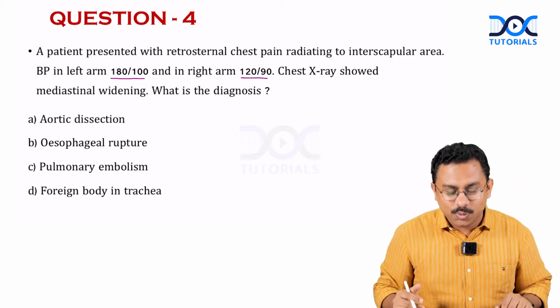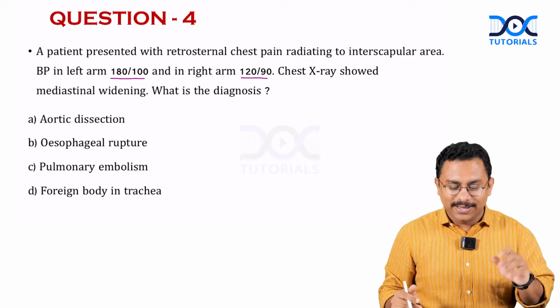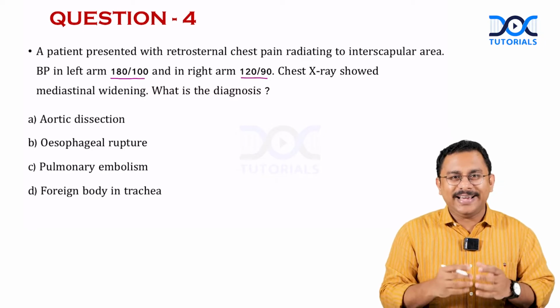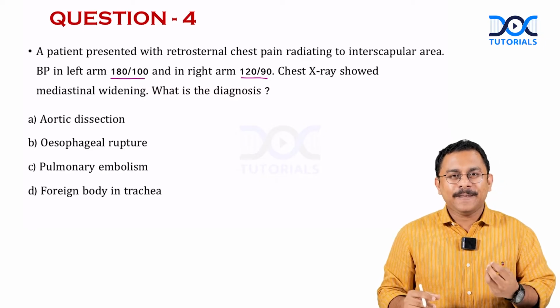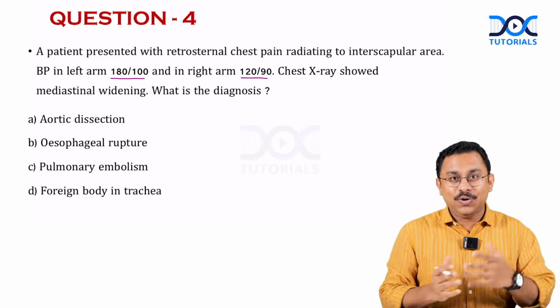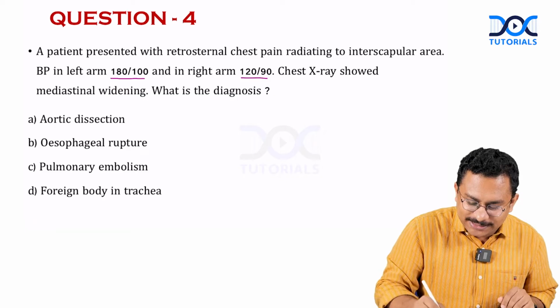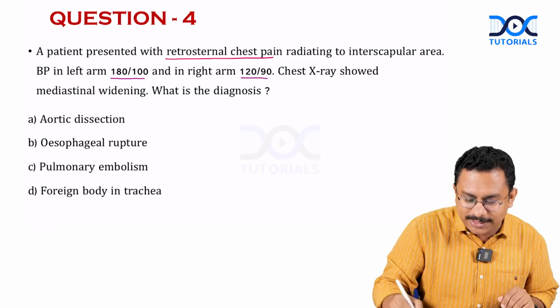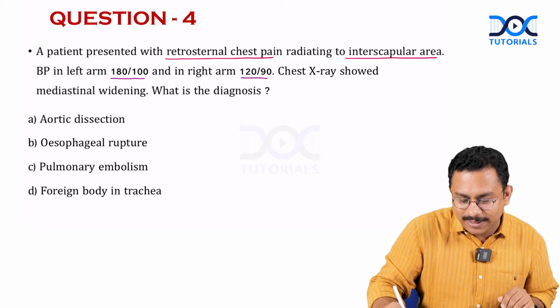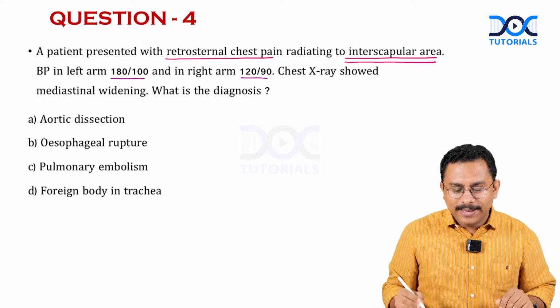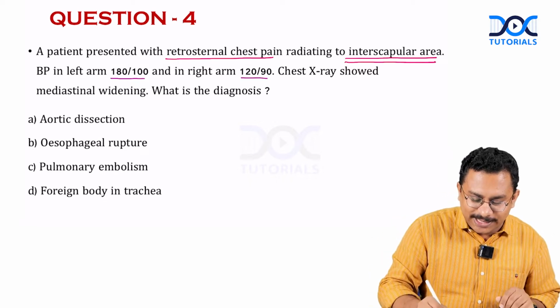The chest X-ray is showing a mediastinal widening. What is the diagnosis? So the first line is giving you some idea regarding the patient developing an acute onset chest pain. And the location is quite interesting. It is retrosternal, but it is radiating to the interscapular area. This is important. And the second line tells you that there is anisosphygmia,